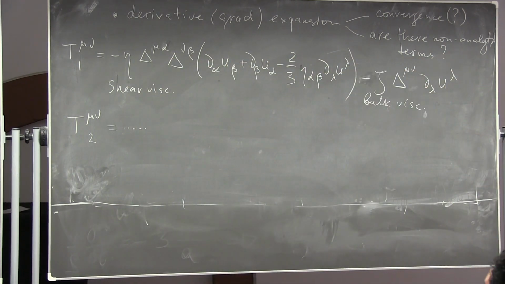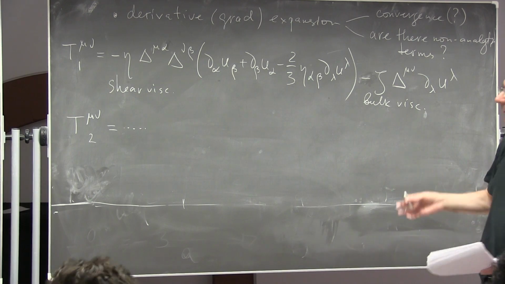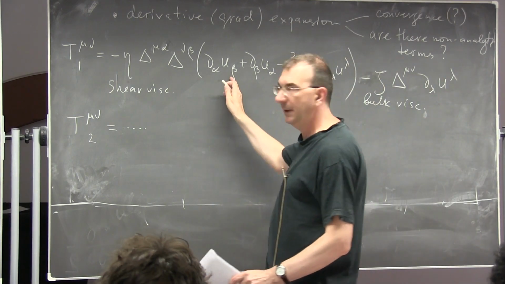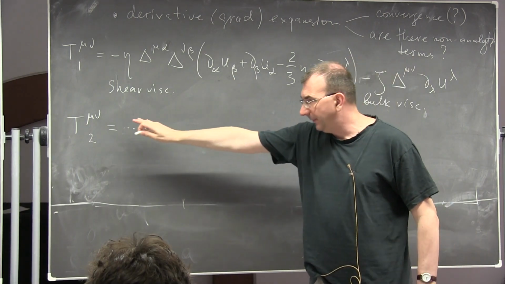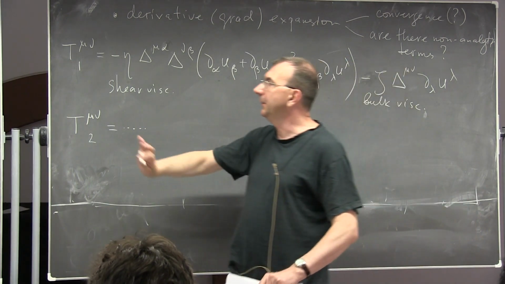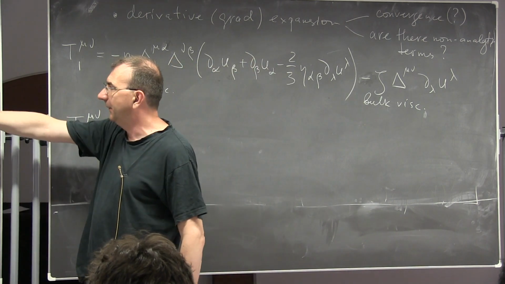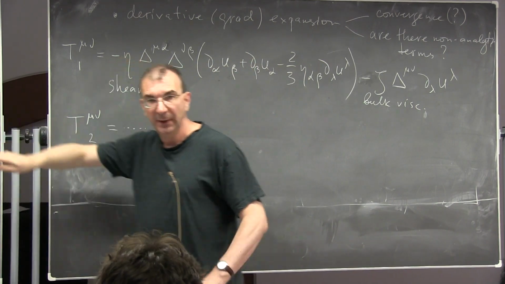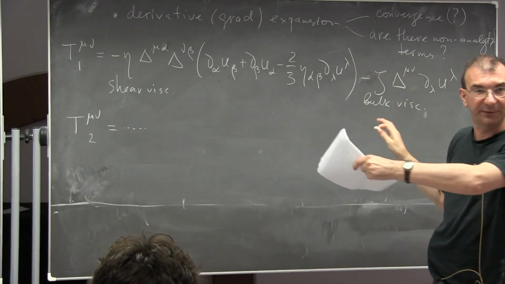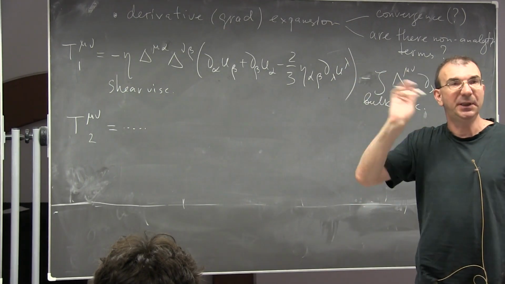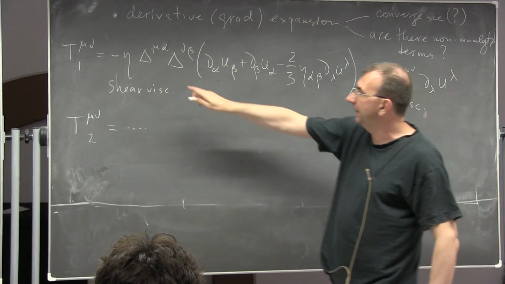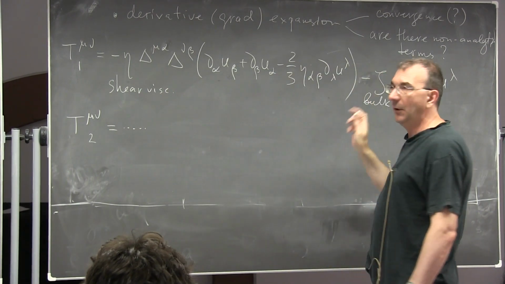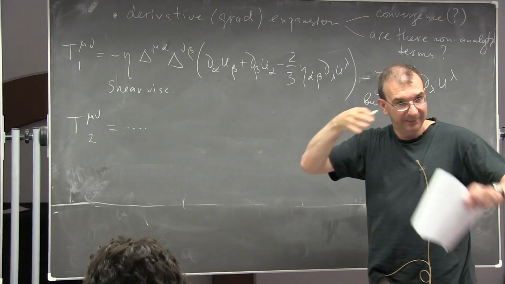You will have some pieces of T mu nu now involving second derivatives of velocity u mu, and this piece also can be split according to these irreducible representations of T mu nu relative to u mu. So there will be some tensor structures involved, and each independent tensor structure will have its own transport coefficient. So these guys are called transport coefficients. Its own transport coefficient multiplying this structure.